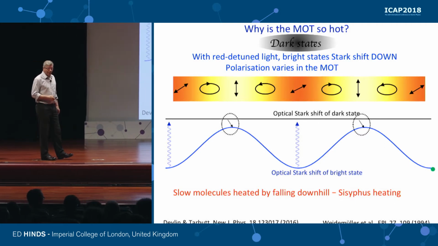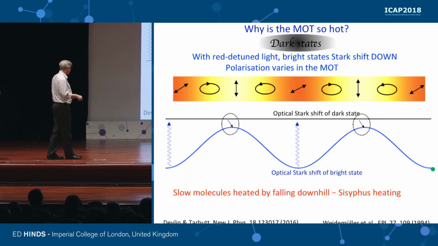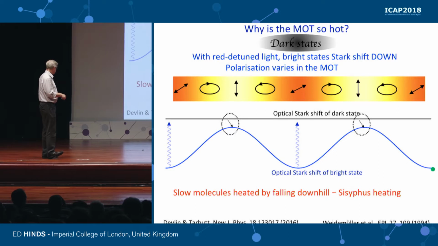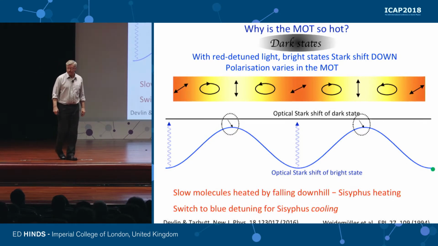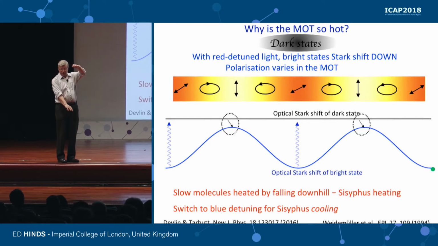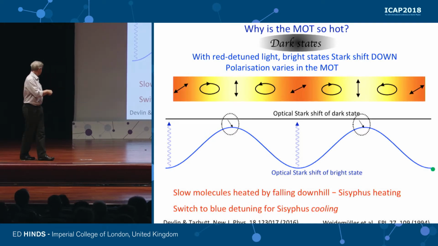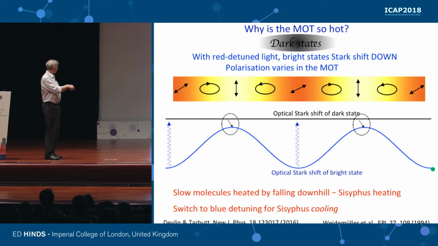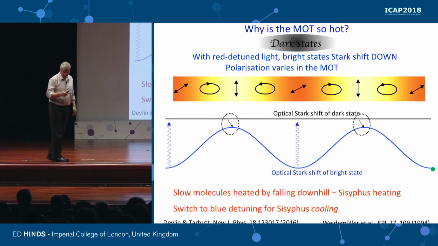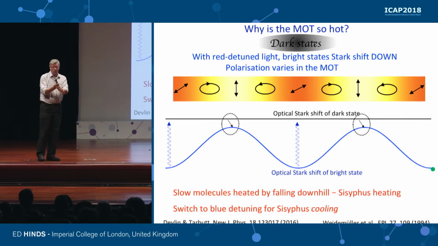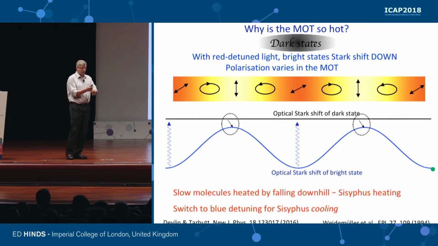Fortunately, there is a nice way to rescue the situation, which is discussed first in this paper and later in this one, which is just change the sign of the detuning. If you shine red detuned light on a 2-level atom, it will push the ground state down. But if you shine blue detuned light, it will pull the ground state up. So all we have to do is move the light state up above the dark state, and then you get Sisyphus cooling. So the explanation, why is the MOT too hot? It's because with red detuning,